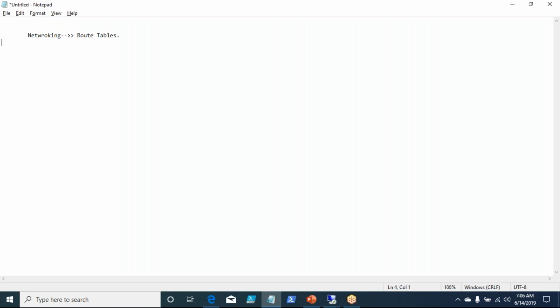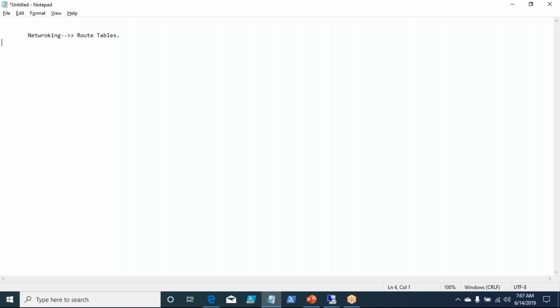So to start with, what exactly a route table is, this is what we discussed in our earlier class as well. But to recap, as we all know, there is a requirement where you may have to route the traffic through a specific subnet or through a specific device and so on, right? So in our real-time environment, we also have something called static routes, right?